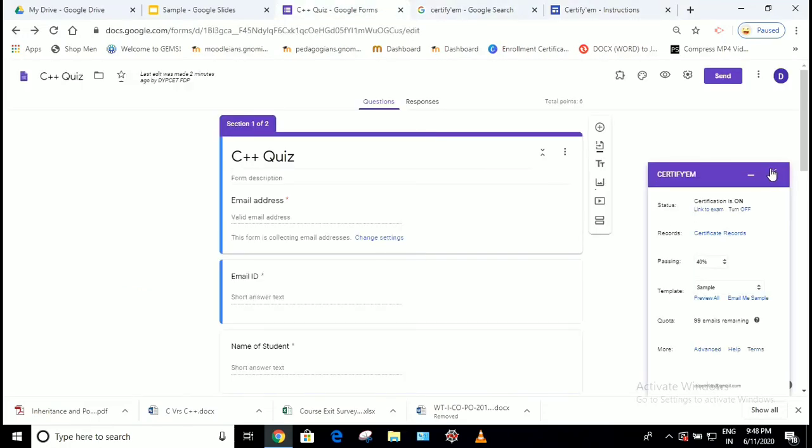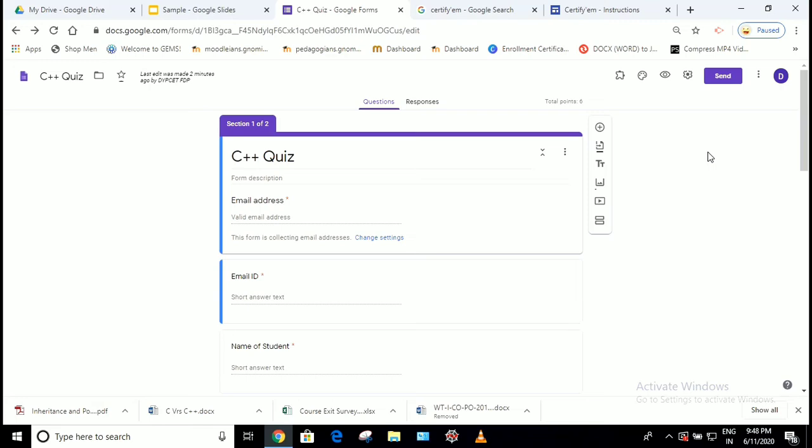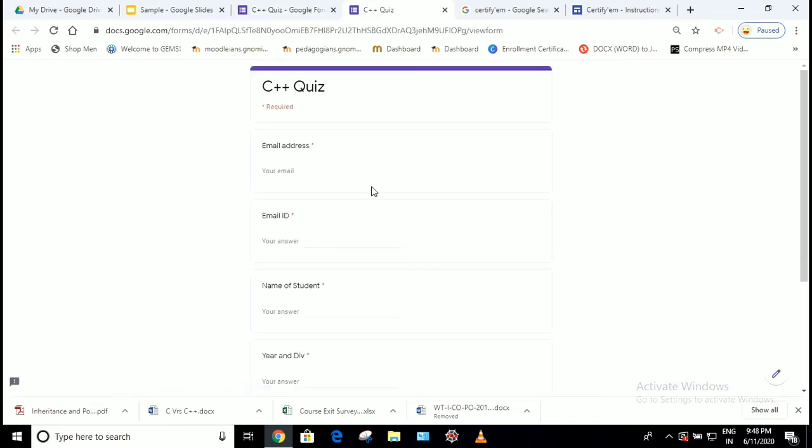Now we can check it by giving the test. For example, I will click on this preview option and I will attempt the quiz. I will enter my email ID.